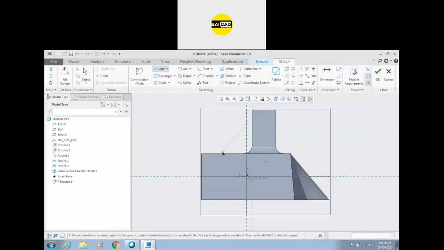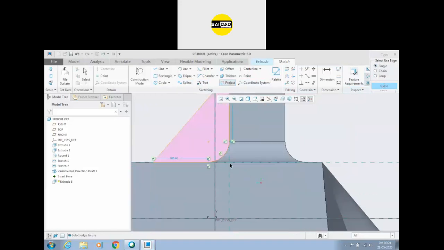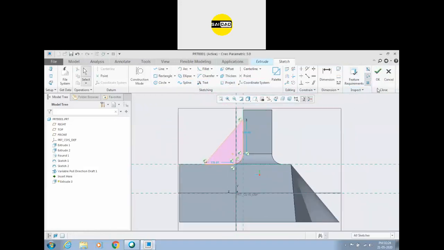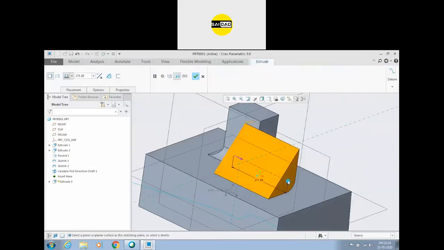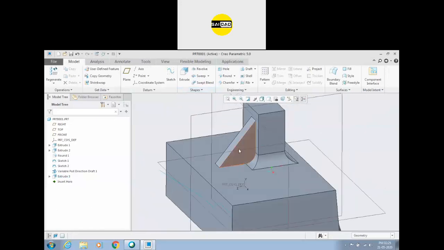Till now we would have done this with this option, and just go to the convert or project. Yes, we are going to use. Okay, close. So you can do it like this one also. So you can see you have to create everything, or you can just apply a command that is called rib.